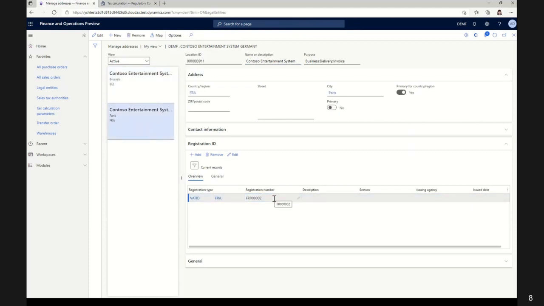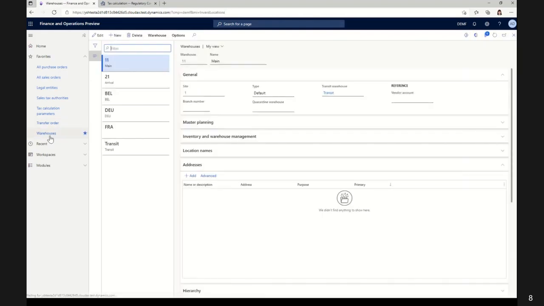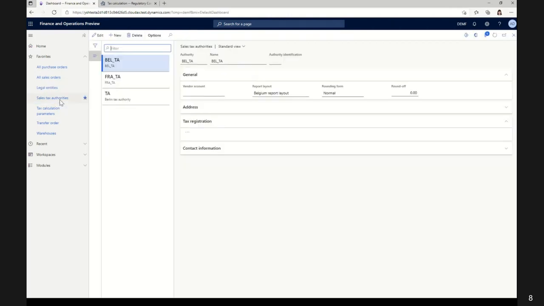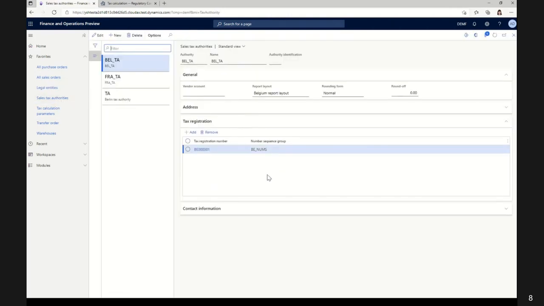It also holds two warehouses, one in Belgium with a Belgian address and one in France with a French address. It also reports taxes to the Belgian tax authority under the Belgian tax registration and to the French tax authority under the French tax registration. So let's switch to tax